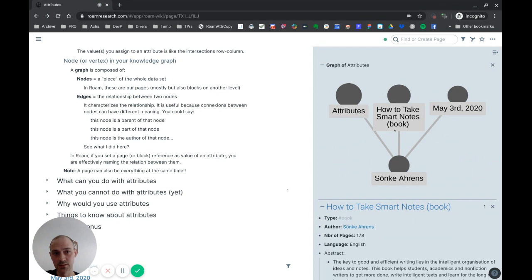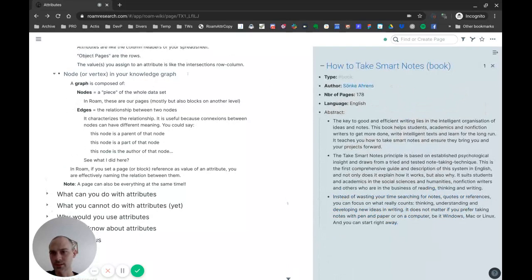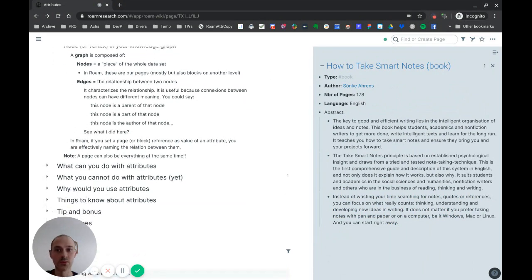But usually, in graph theory, we can put attributes on that relationship and specify some properties. So, for example, we would have here on the edge "author of" that book, and we could have another relation that would be "recommended by" or something like that. So that's another thing that I think will come in Rome. I'm not sure, so I hope that maybe Connor can confirm or infirm that. But that is how I understand